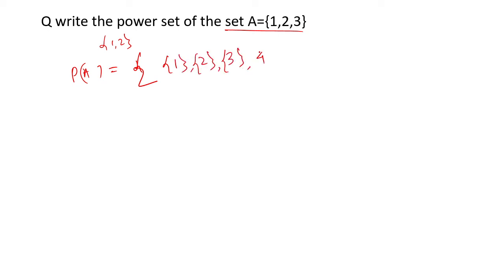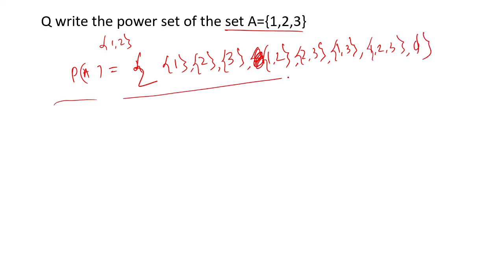Last, the power set. Write the power set. I have written a power set for 1, 2 in previous slides. Now I will write the power set for this set. What will be the power set? P(A). Give a big bracket, a small bracket, then 1 will be there, 2 will be there, 3 will be there, 1 2 will be there, 2 3 will be there, 1 3 will be there, and 1 2 3 will be there. At the end the empty set will be there. Okay, this is the power set, your required answer.